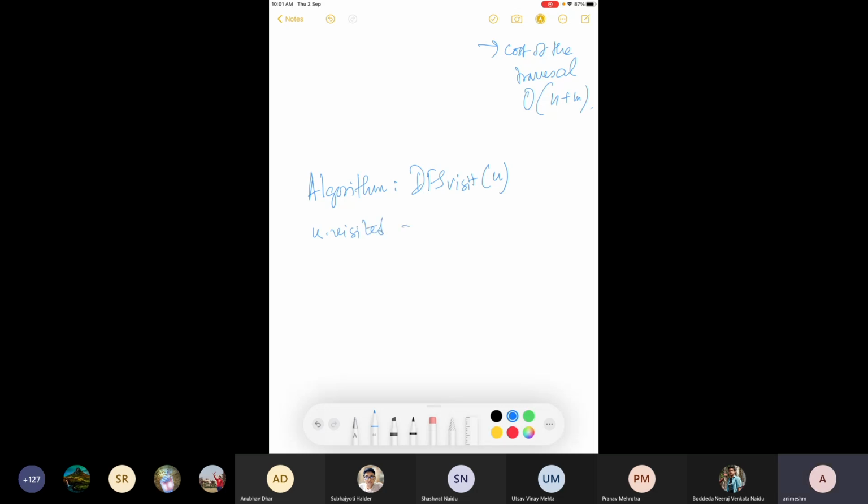Say we are starting from node U. We set U as visited. Now we look at every outgoing edge UV: do, if V is not still visited, then